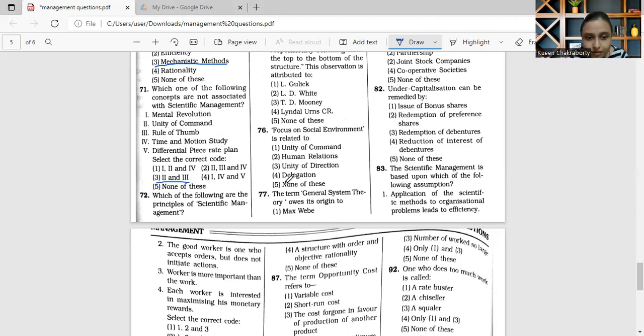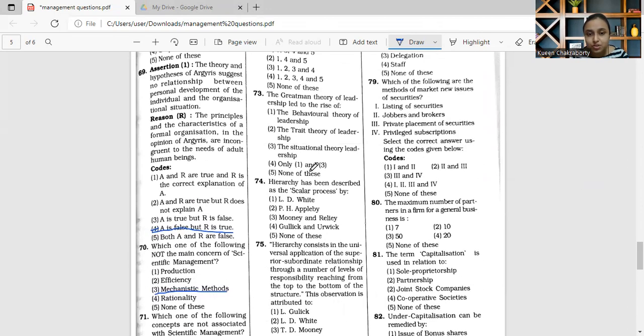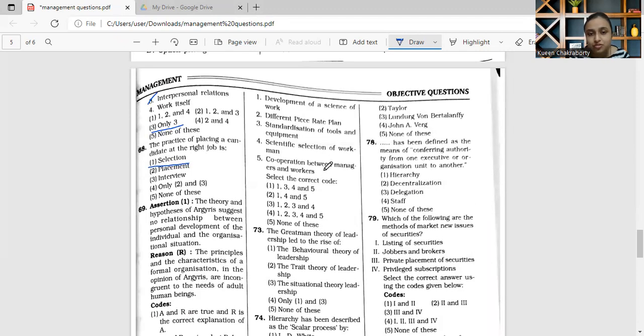Which of the following are the principles of scientific management? And here we have the options: development of a science of work, differential piece rate plan, standardization of tools and equipment, scientific selection of workmen, cooperation between managers and workers. So these are the 5 options that we have, and accordingly, as I discussed, option number 2 is the correct one, which has 1, 4, and 5, which is development of science, scientific selection of workmen, cooperation